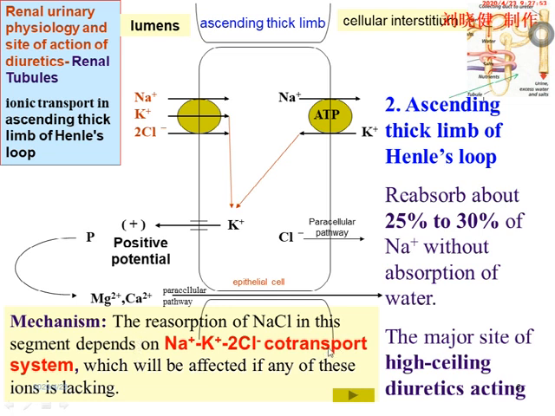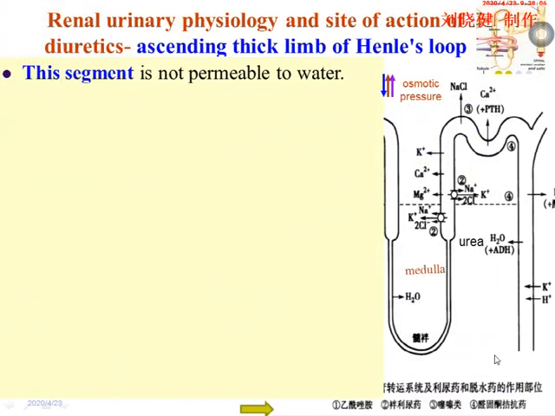So this reabsorption process is affected if any of these ions is lacking. Now look, as I just mentioned, this ascending portion of Henle's loop is impermeable to water. It is permeable only to ions, so with the flowing of crude urine through this segment of the tubules,